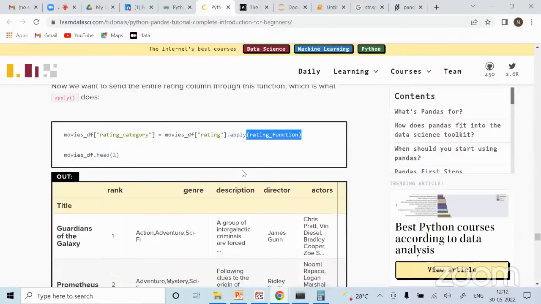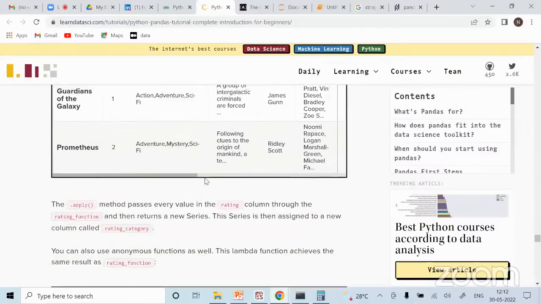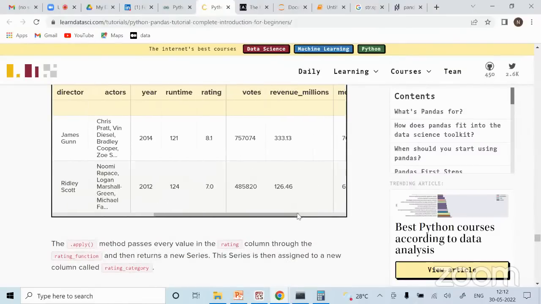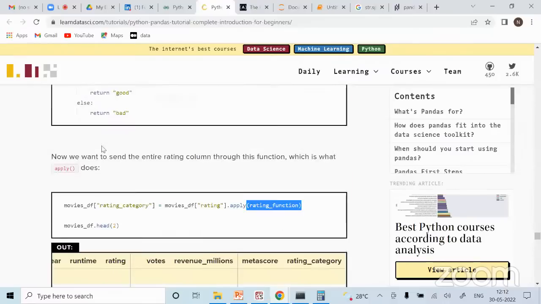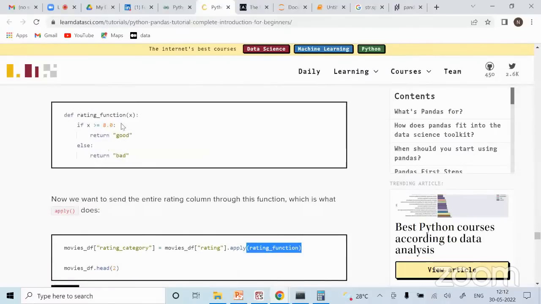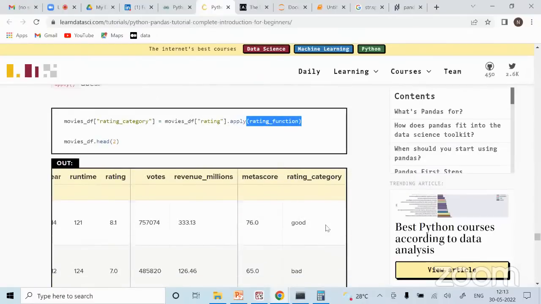As you can see here, it will go to the first row of the rating column and check what the rating is. It is 8.1, so it will apply this function on 8.1. It will go within that. You know 8.1 is good, so that's why the rating category is good. So it is by default a row wise operation.